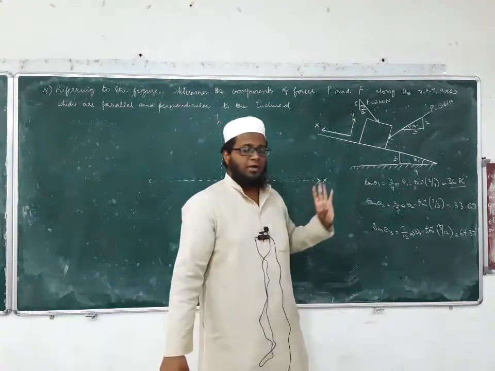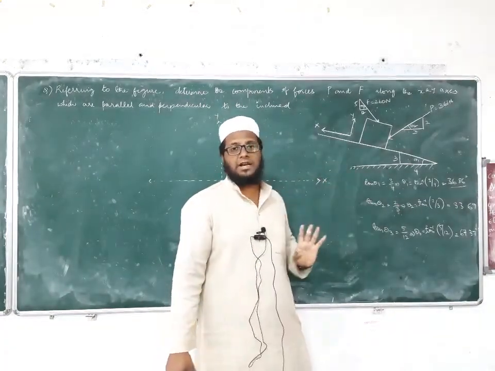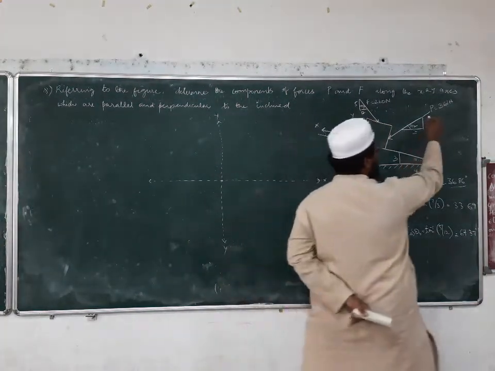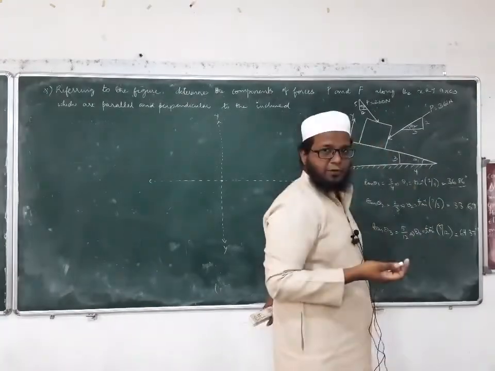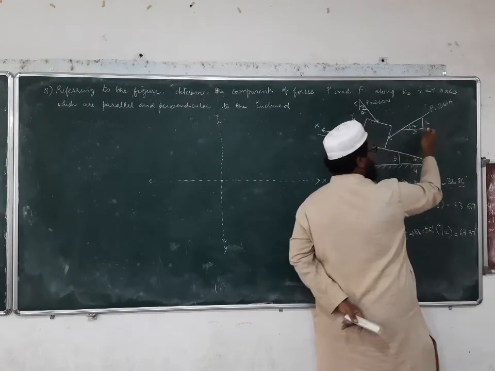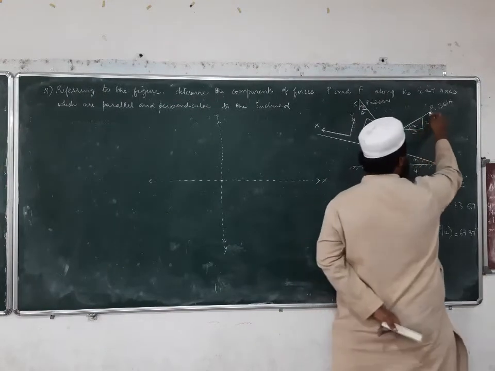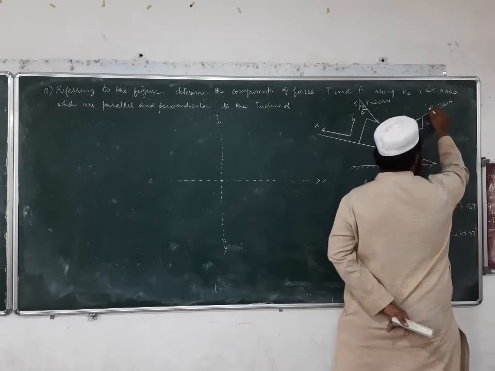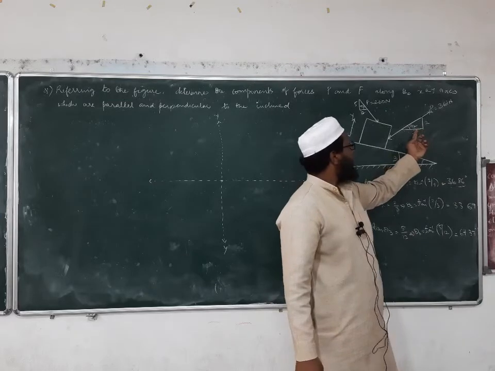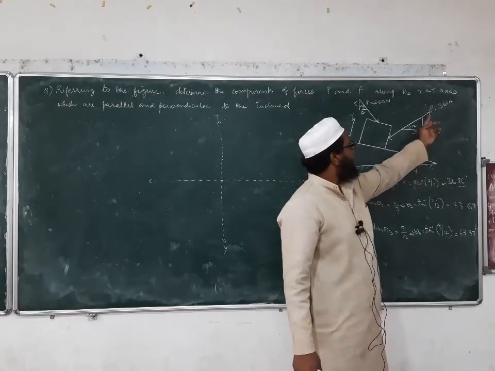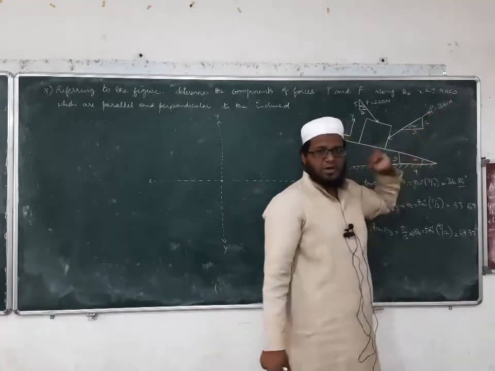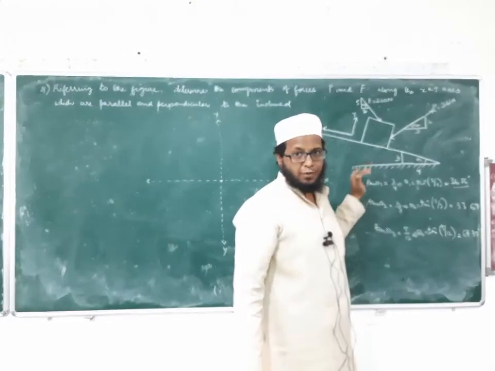Now what I will do, we have to see in which quadrant our force is acting. Okay, we'll start with any force. We'll go with this one. Since we don't know in which quadrant the force is acting, always remember what you have to do. This is your horizontal line and this is vertical line. So you plot two axes, one exactly parallel to this line, another one parallel to this line. So if I plot this one, in which quadrant is the force acting? It is acting in fourth quadrant, isn't it?